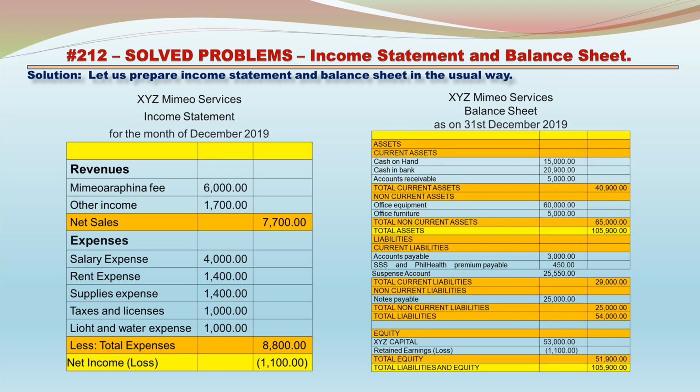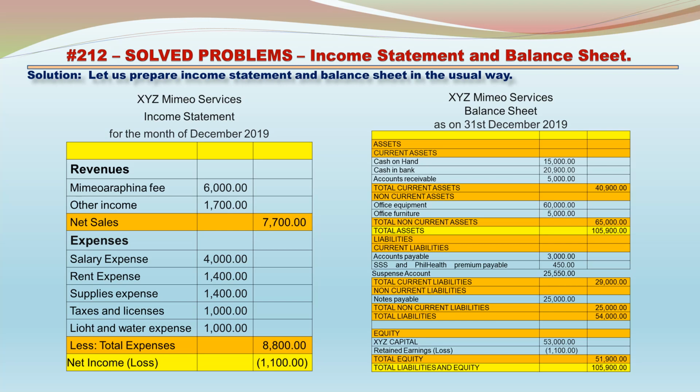XYZ Mimeo Services balance sheet as on 31st December 2019. Assets. Current assets: cash on hand 15,000, cash in bank 20,900, accounts receivable 5,000, total current assets 40,900. Non-current assets: office equipment 60,000, office furniture 5,000, total non-current assets 65,000, total assets 105,900. Liabilities. Current liabilities: accounts payable 3,000, SSS